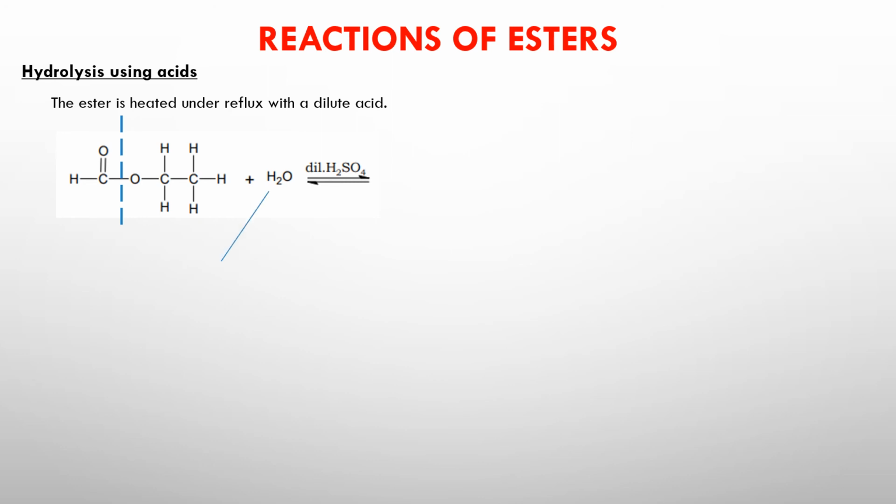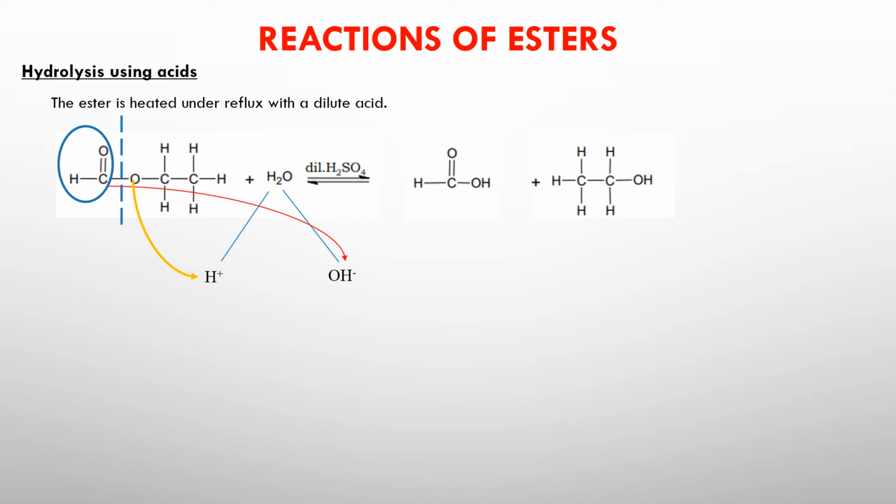This water, which contains the H plus and the OH minus, is now going to attach itself to the different parts of the ester. So this is the carboxylic acid group. This carboxylic acid group is going to pick the OH group. So it becomes the CHOOH group, which is the methanoic acid group. Then we have the alcohol part where the oxygen is going to pick the hydrogen and it will form ethanol, which is the 2 carbon that is coming from the ester.